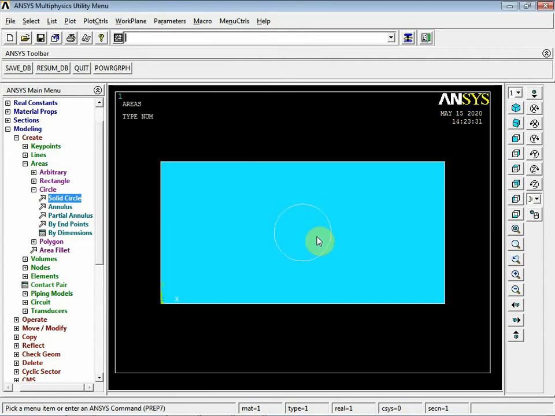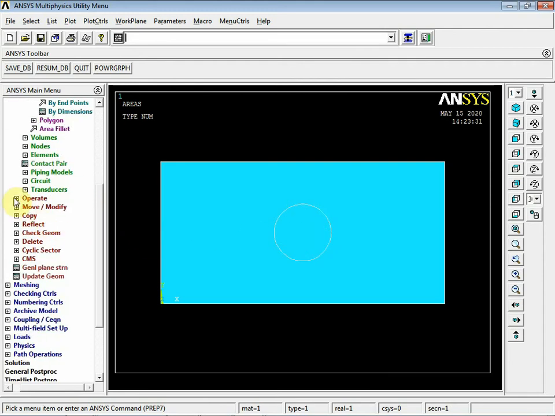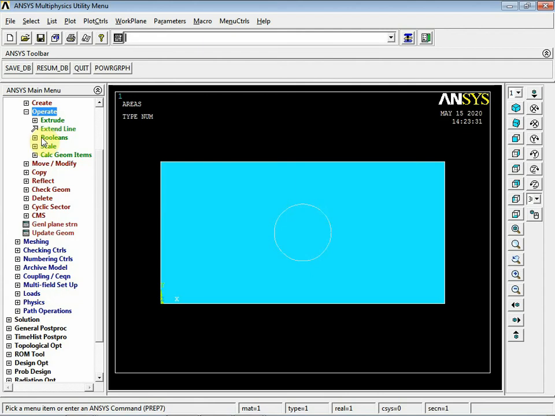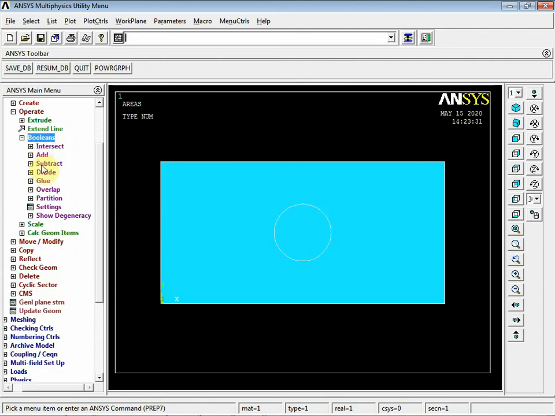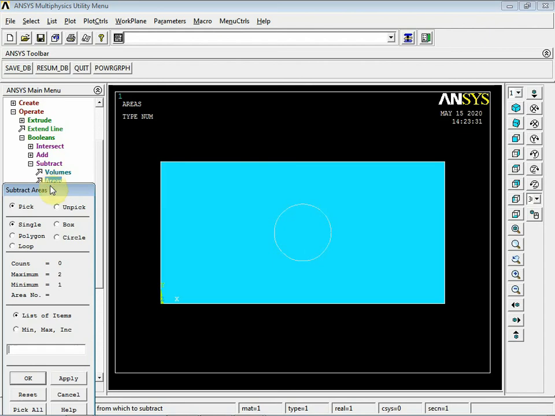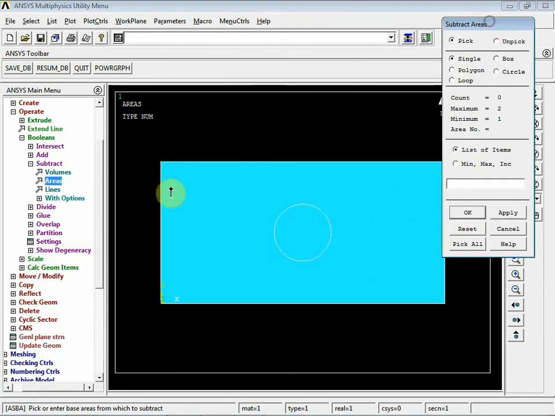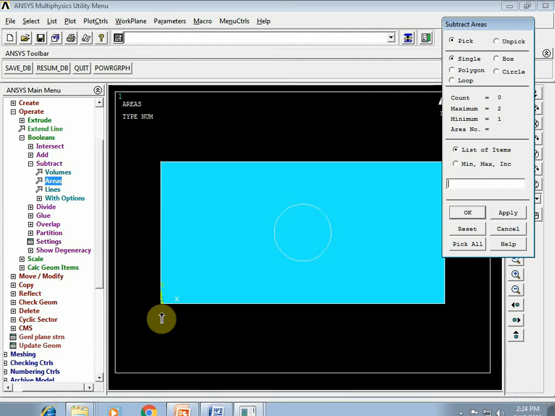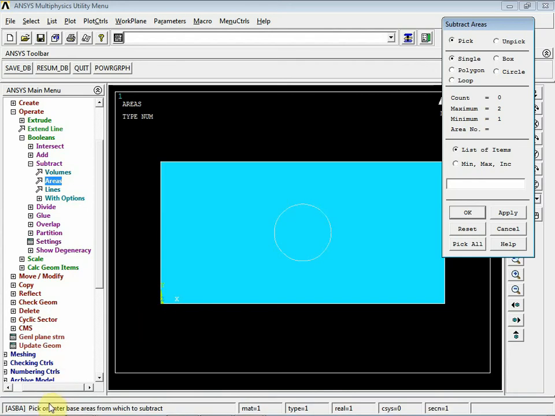Now I need to create a hole. How to create a hole? You need to go for the option operate. Here you go to booleans, subtract, and select areas. Again, booleans, subtract, and I need to select areas. I need to pick base areas from which to subtract.